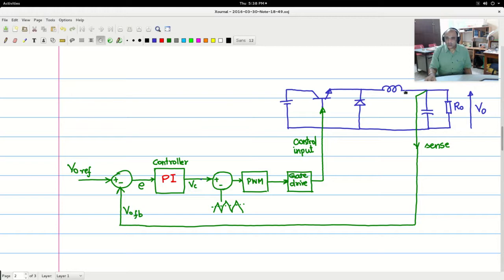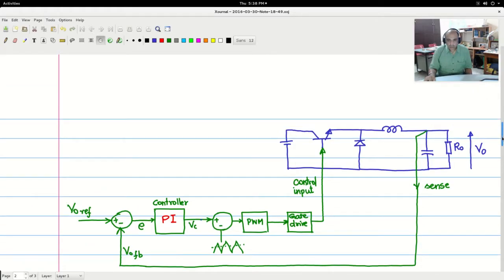So this is the closed loop buck converter system that we saw and we discussed previously. I would like to suggest a small improvement in the control structure so that there is less strain on the controller here. At present, in this type of topology, you will see that this controller has to handle the entire swing of V0. For example, when we consider,